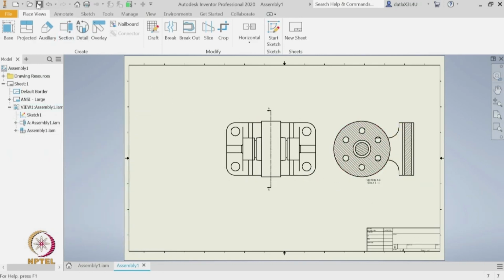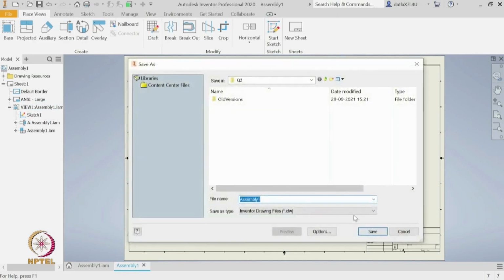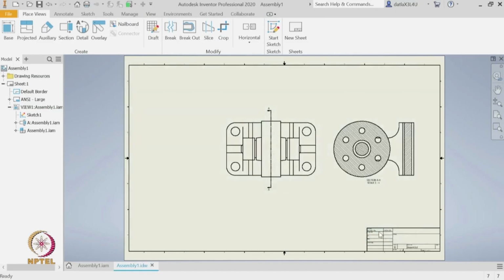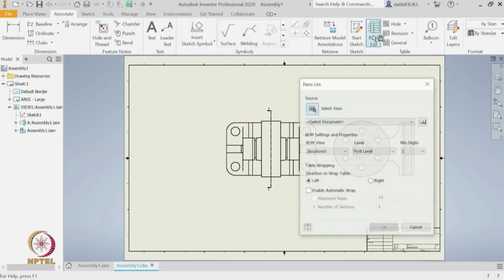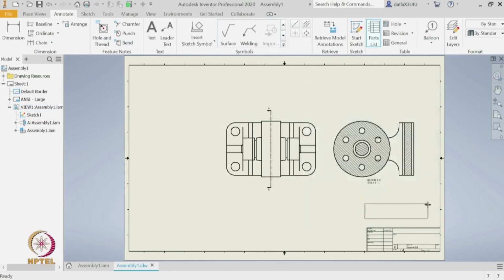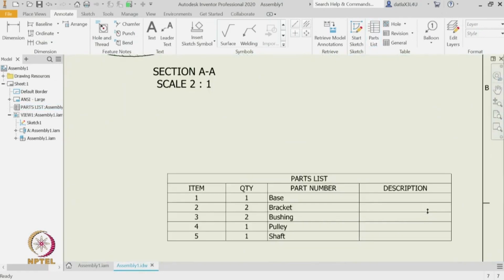And lastly, once we are done with this, let us save this assembly, save this drawing, and we can also place the bill of materials by choosing this part list. I will choose this base, click OK, and then it is asking where to place the bill of materials, we will place it here. So, let us zoom in and see that it has all the 5 parts,